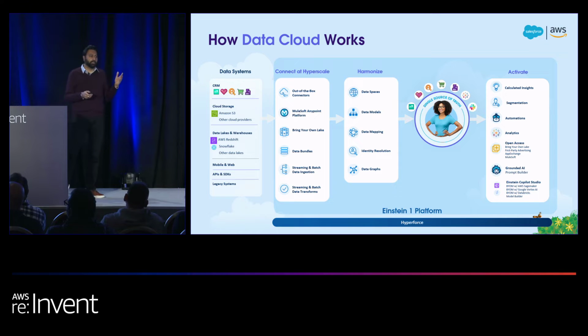Next, what you do is what you call the harmonization of the data, through which you take the data and map it into a data model so that you have a canonical way to understand the semantics of the data around that customer, whether it's the individual, their preferences, their consents, their contact points, their orders, their web engagements. Then you are able to manage the data by mapping it into a canonical form, harmonizing it, and building the full customer 360-degree view as a data graph. And that's what you can then stitch together with identity resolution capabilities into one single unified profile based on exact and fuzzy match rules. And that provides you a basis on which you can now analyze, act on the data,